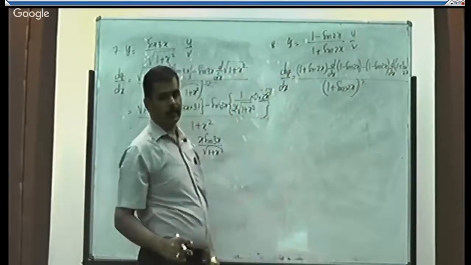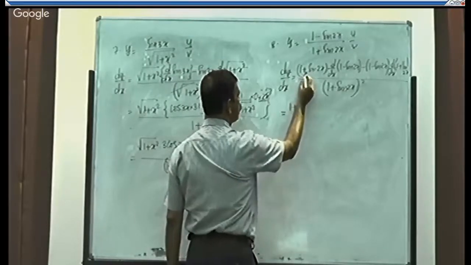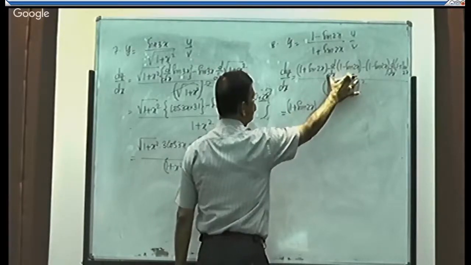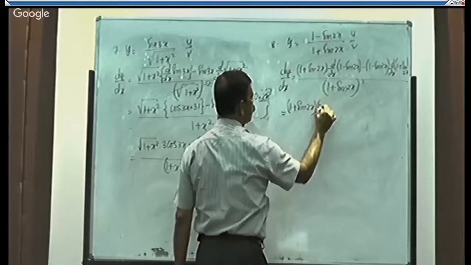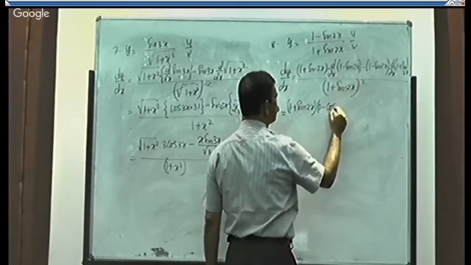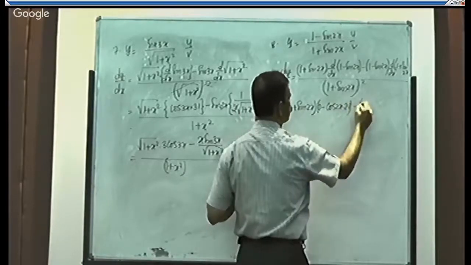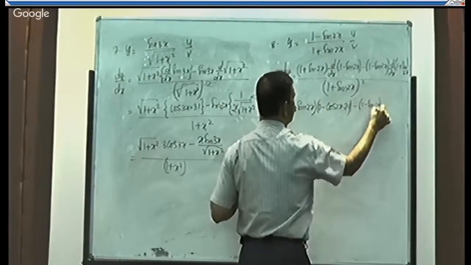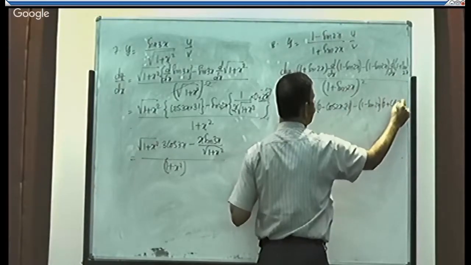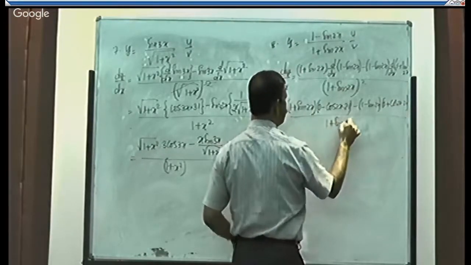We have applied according to the quotient rule. Wherever we have d by dx, only that term has to be differentiated. Means 1 plus sin 2x is kept as it is. Differentiate this. Differentiation of 1 is 0, minus differentiation of sine function. Sin 2x is cos 2x into differentiation of 2x, which is 2, into 1 minus 1 minus sin 2x into differentiation of 1, 0, plus for sin 2x it is cos 2x into 2, into 1 by 1 plus sin 2x